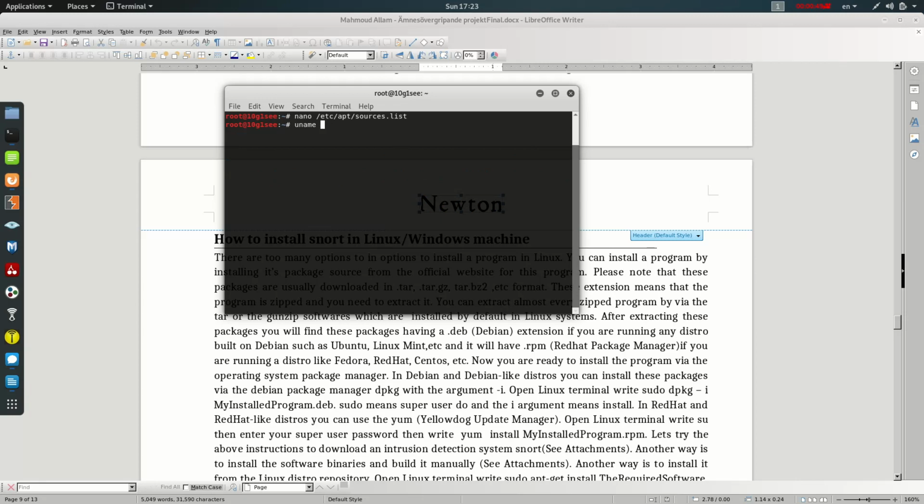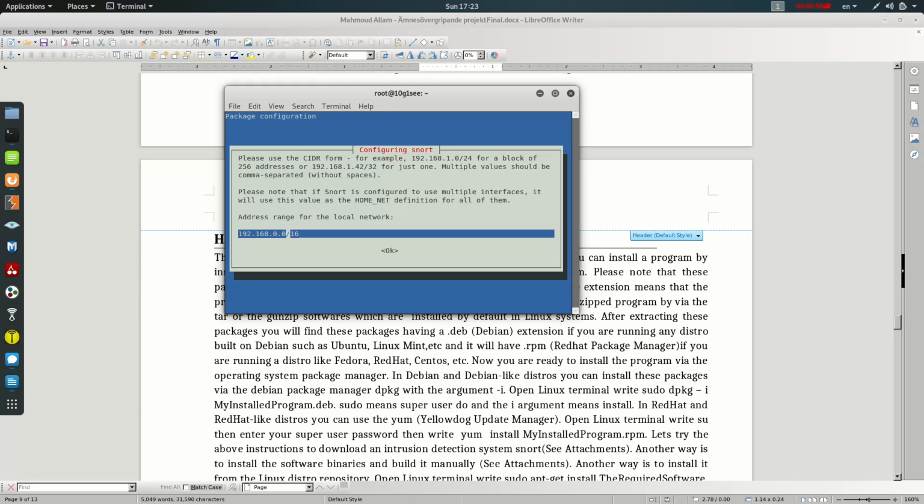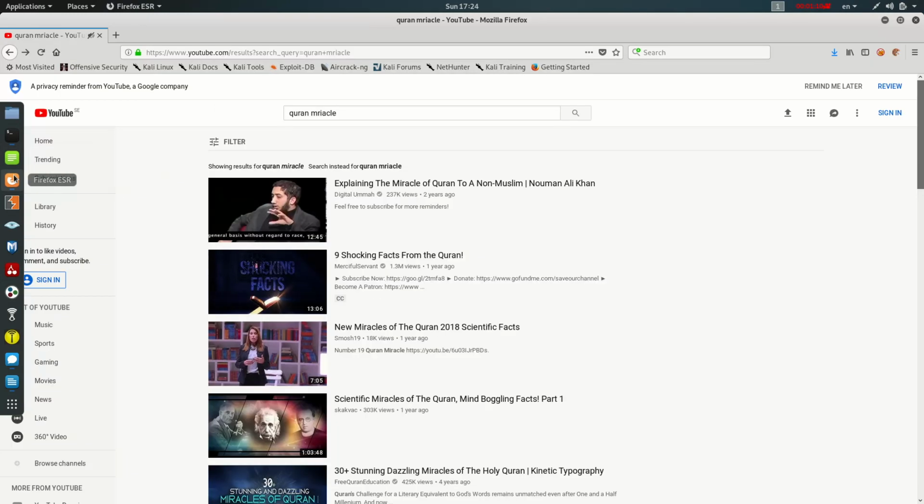So I will apt advanced package, apt-get install snort. Then here is my IP 0.1 and it's /24 the net mask. It will be installed. Until it is installed, I can open the